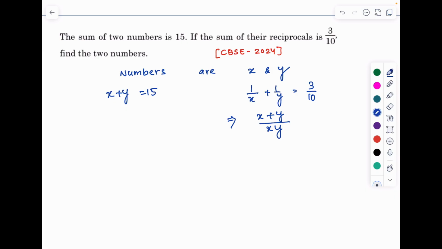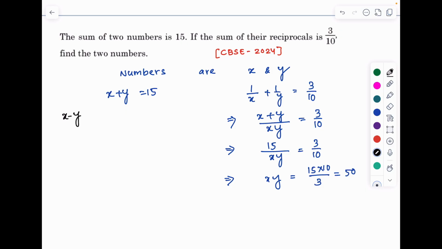If we take LCM xy, we will get x plus y by xy is equal to 3 by 10. Then we have to put the values of x plus y, that is 15 by xy is equal to 3 by 10. This implies xy is equal to 15 into 10 divided by 3 is equal to 50. Now